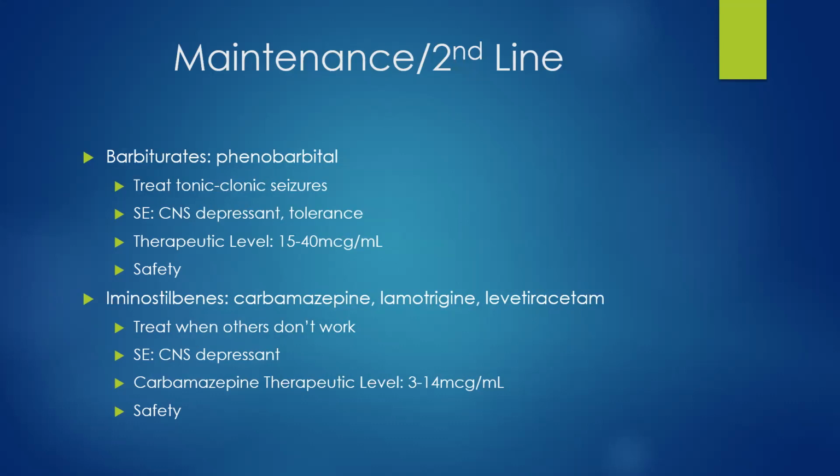Our first one are barbiturates, which happens to be phenobarbital, and barb is still in the name, so you can quickly associate barbital with barbiturates. They're for tonic-clonic seizures and again, CNS depressant. But the other thing about phenobarbital is patients develop a tolerance level. So you would have to make adjustments as their body becomes used to it. Over time, we actually have to go up in the dosing. Therapeutic level, not totally 100% necessary to remember, but it's 15 to 40 if you're interested. And again, safety is the big thing, right? Because we have CNS depression.